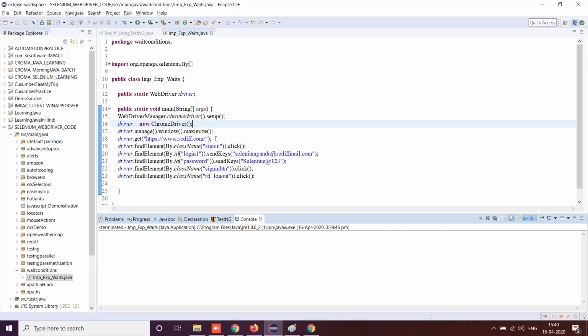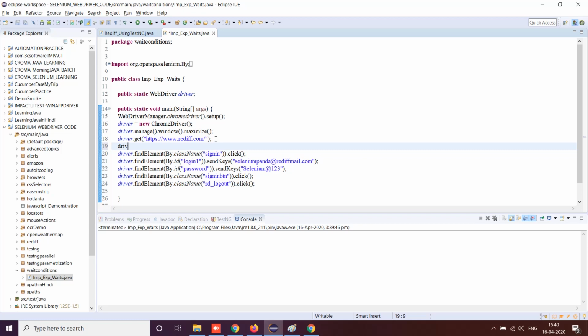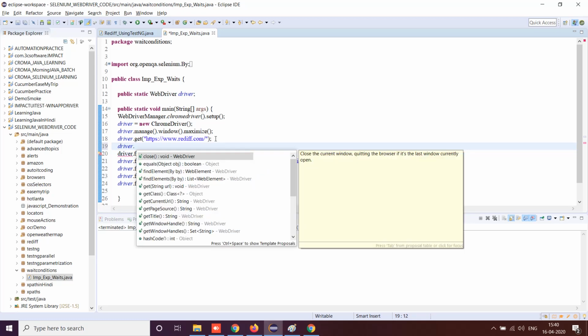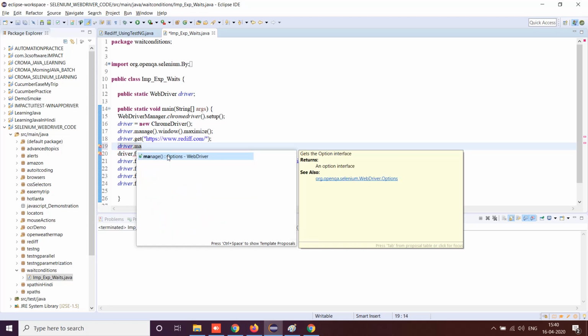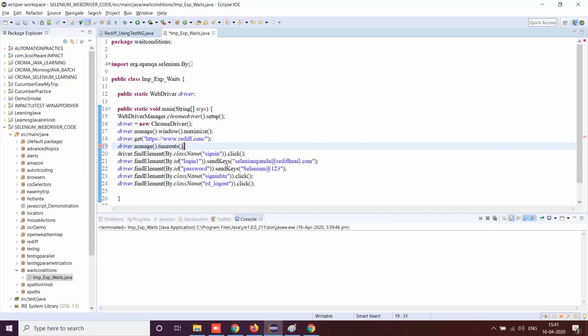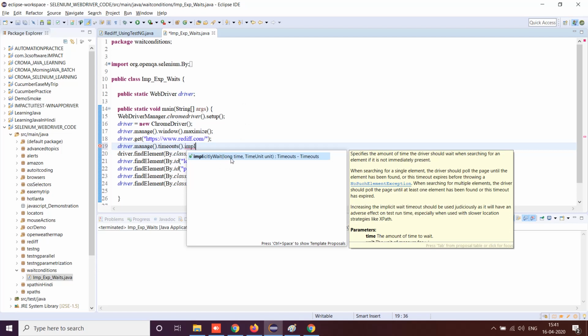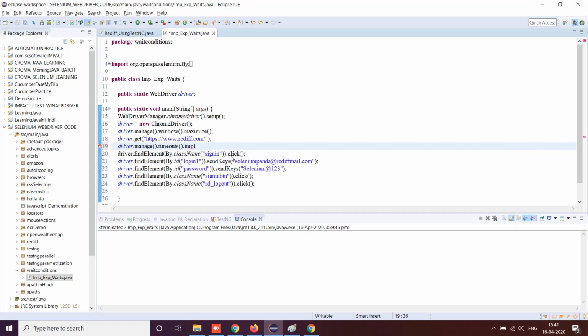So generally we use something known as the implicit wait. The syntax for implicit wait, and please practice this, because this is asked in interviews: driver dot manage dot timeouts dot implicitly wait, and here we have a long time, meaning we can give something around 10 or 5, it's up to you. Time unit and unit you have to specify. So I'm giving 10